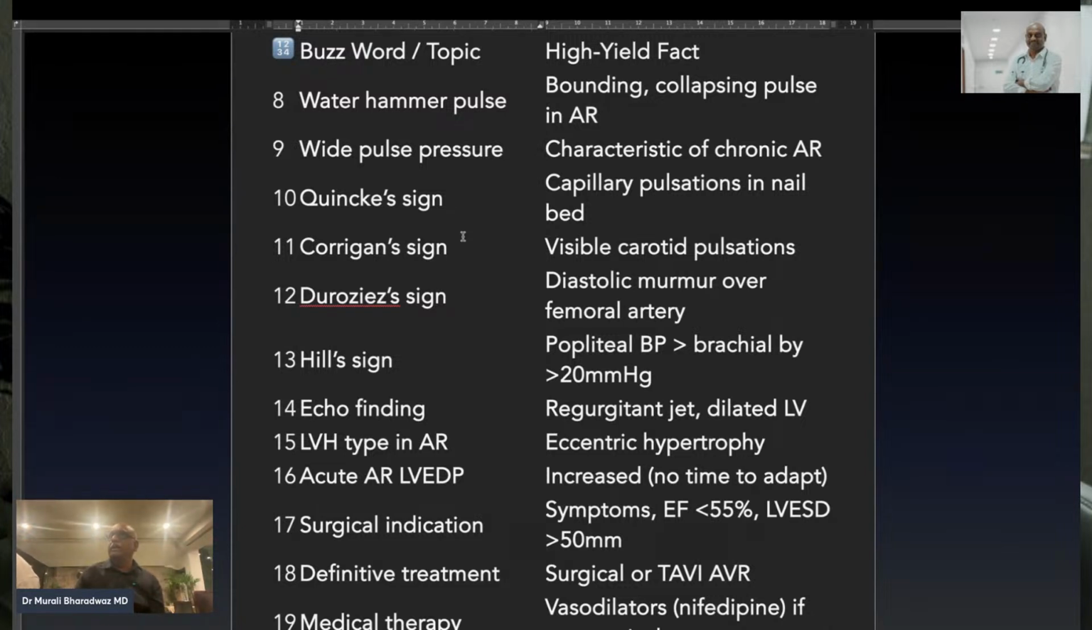Why is lower limb pressure more? Popliteal BP is more than brachial. Why is the lower limb pressure more? The aorta is unable to push the blood to the